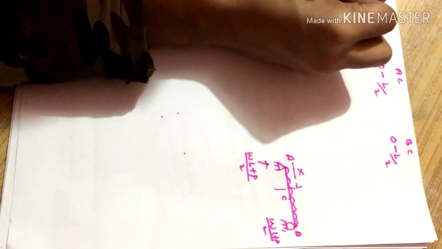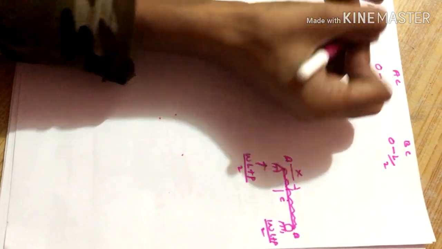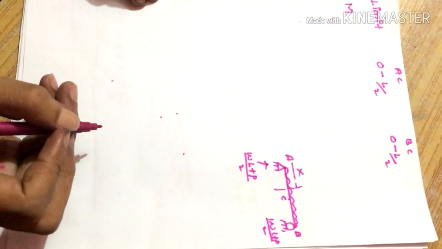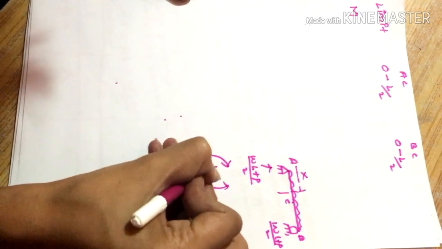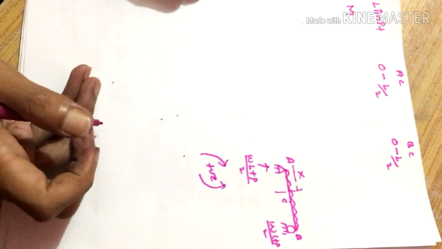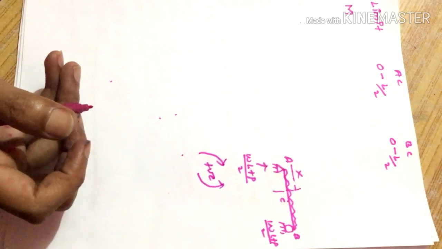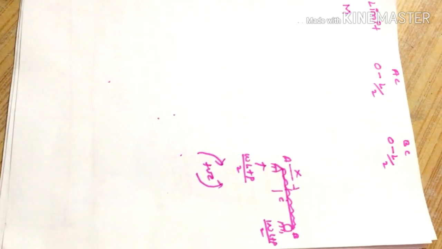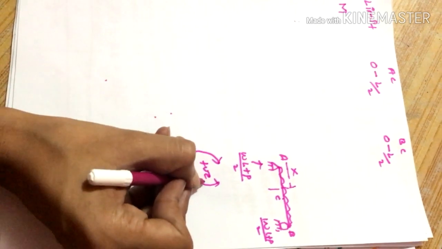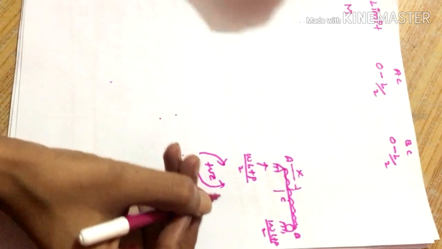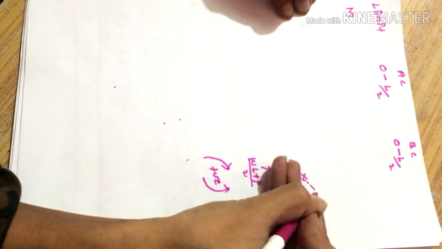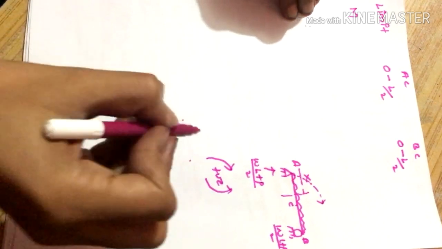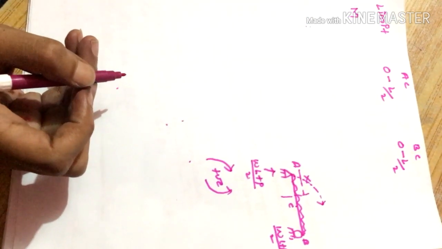So calculating M, that is moment in portion AC, always remember one thing: moving from left to right, always take clockwise as positive. Moving from right to left, take anti-clockwise as positive. So let us take (WL plus P) by 2, which will rotate this section clockwise. We are moving from left to right, so take it as positive.